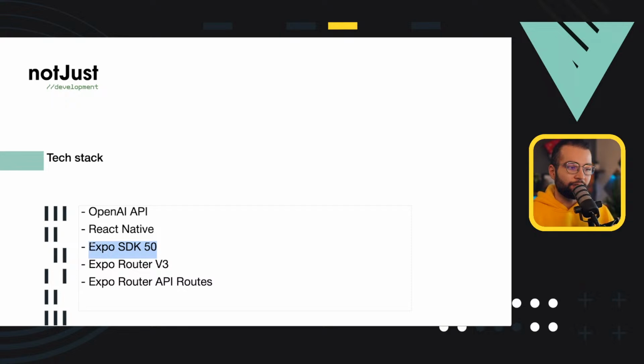And we're going to use the Expo SDK 50, the latest Expo SDK at this moment, which is still in beta. We're gonna use Expo Router V3 and also a new feature that is coming to Expo Router V3, the Expo Router API routes. So all of the last three tools that we're gonna use are still in beta, but we're gonna give it a try because we will see how we can